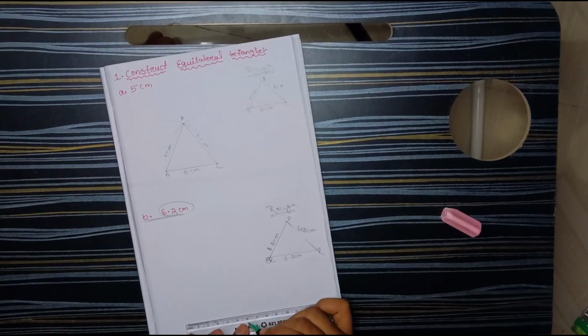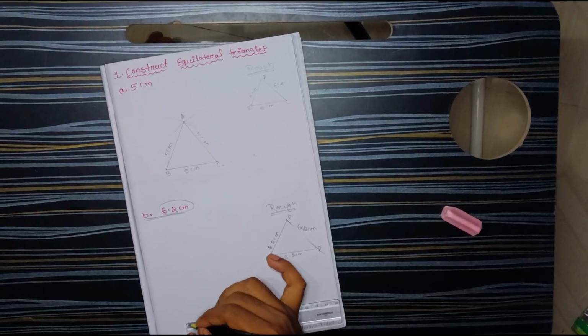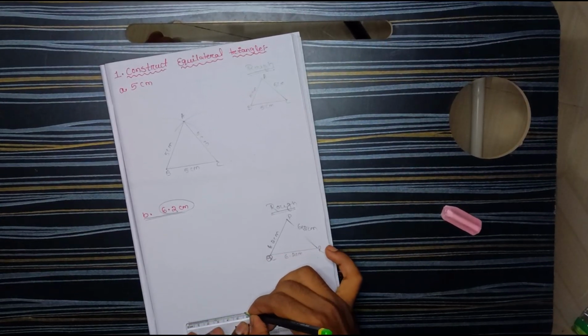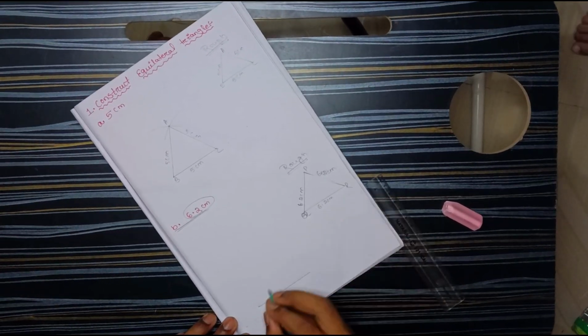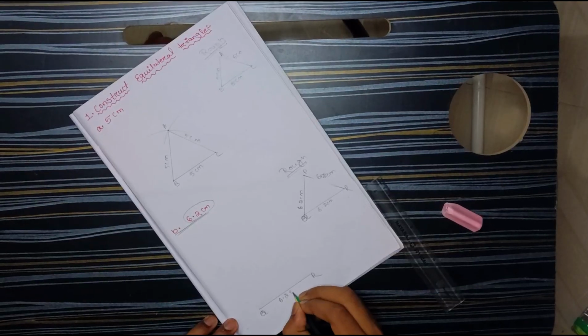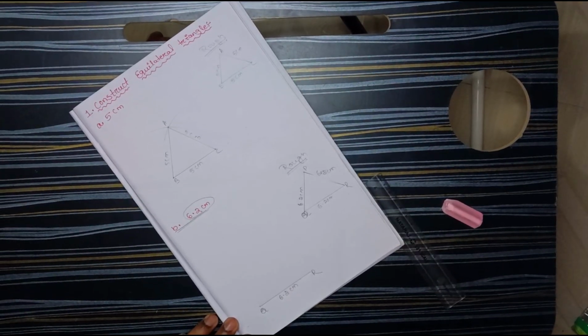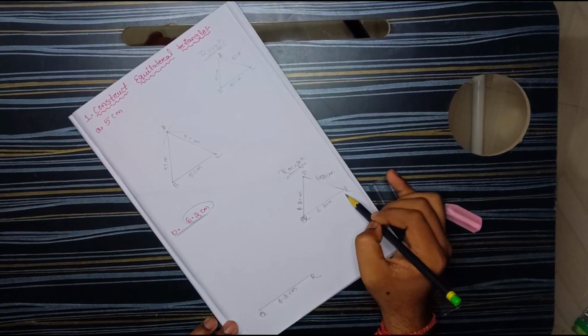Okay, then it comes to 6 centimeter, then 0.1 and 6.2. Here is 6.2. Now you have to join these 2 points as a straight line. Then you have to put the names Q and R. That is QR, and it is your 6.2 centimeter. Got it, my points? Now this one is done. You have to do PQ and PR also.